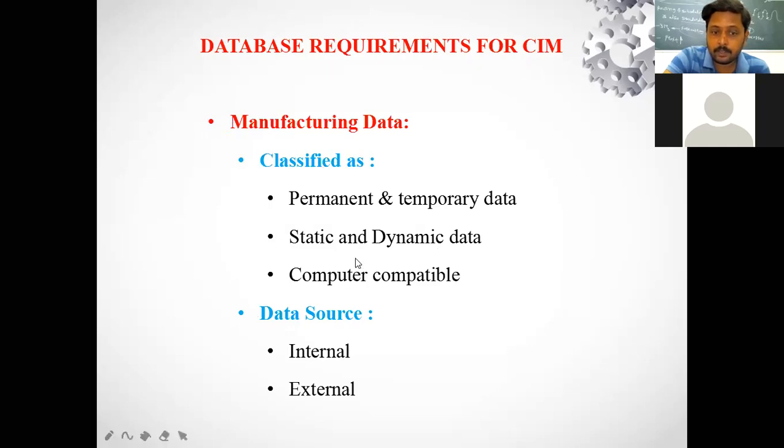And data would be computer compatible. Compatibility of the data with the computer must be there, because otherwise you cannot analyze or simulate the data if required. The data sources could be internal or external. In some cases you would require external data which is not available in your manufacturing unit.